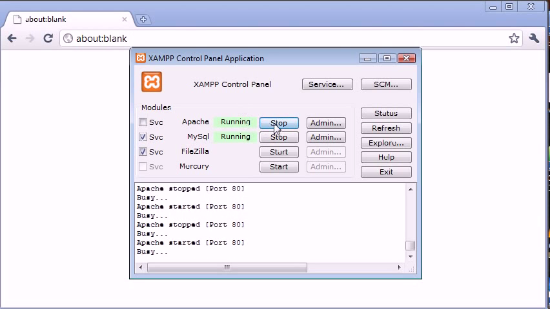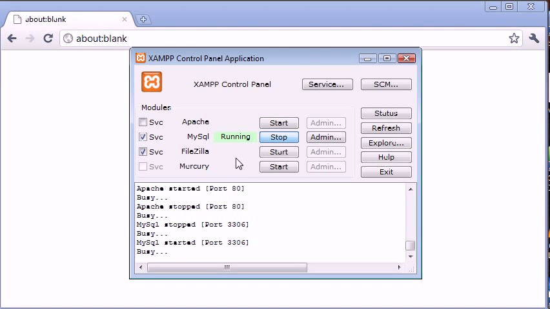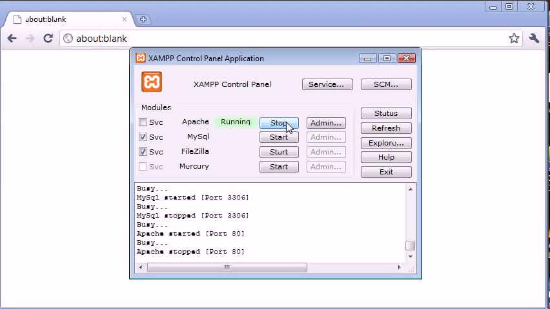If they're not running, they'll look something like this. They're going to look like that, and to start them you simply click start, and vice versa. If you need to stop them for any reason, just click stop. So now that they're both running, we see here Apache started on port 80 and MySQL started on port 3306. Now to access